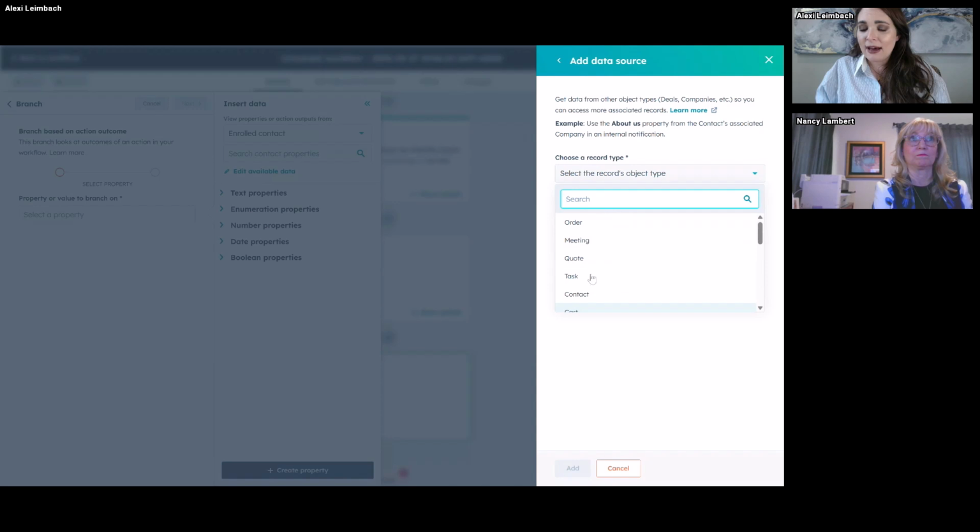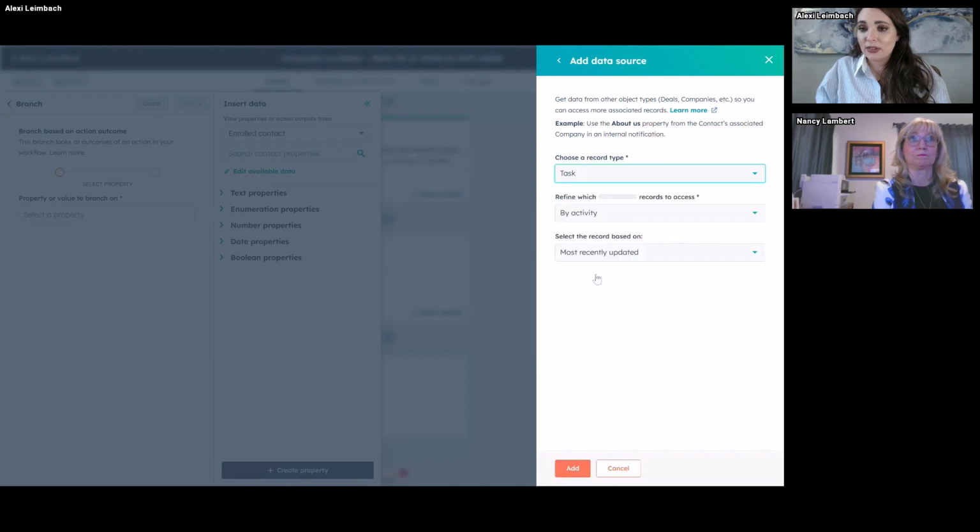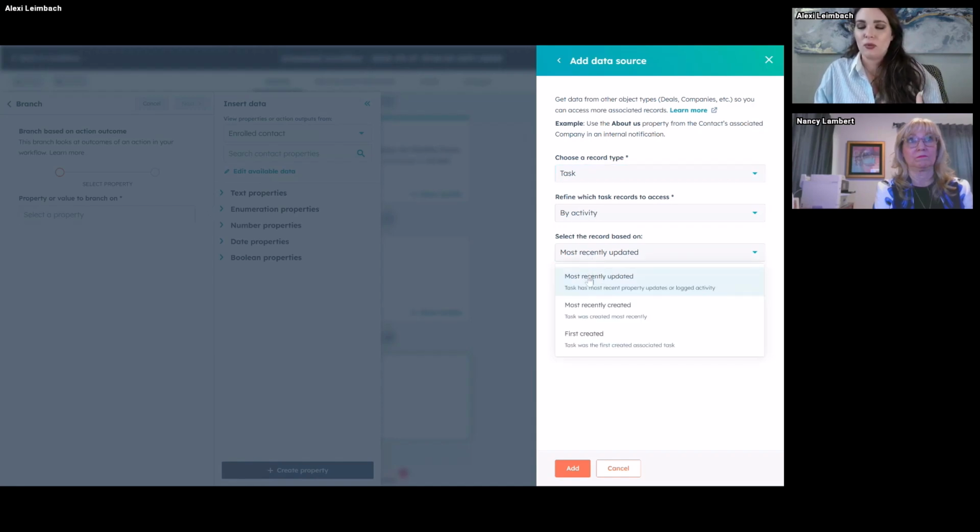So I'm going to do it based on the task. I want it to pull in the latest task that was created, okay? Because it could have many tasks, right? Well, this one was just created 2 days ago, or technically 3 days ago. So I'm having it find not just the updated one, because that could be referring to them completing a different one. I want the most recently created.